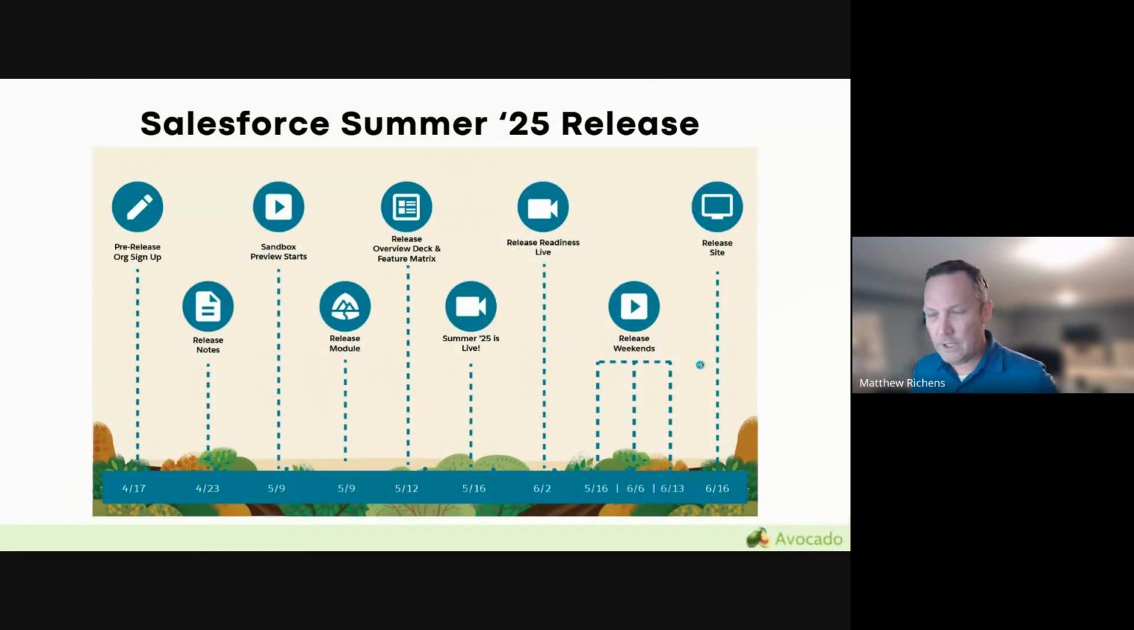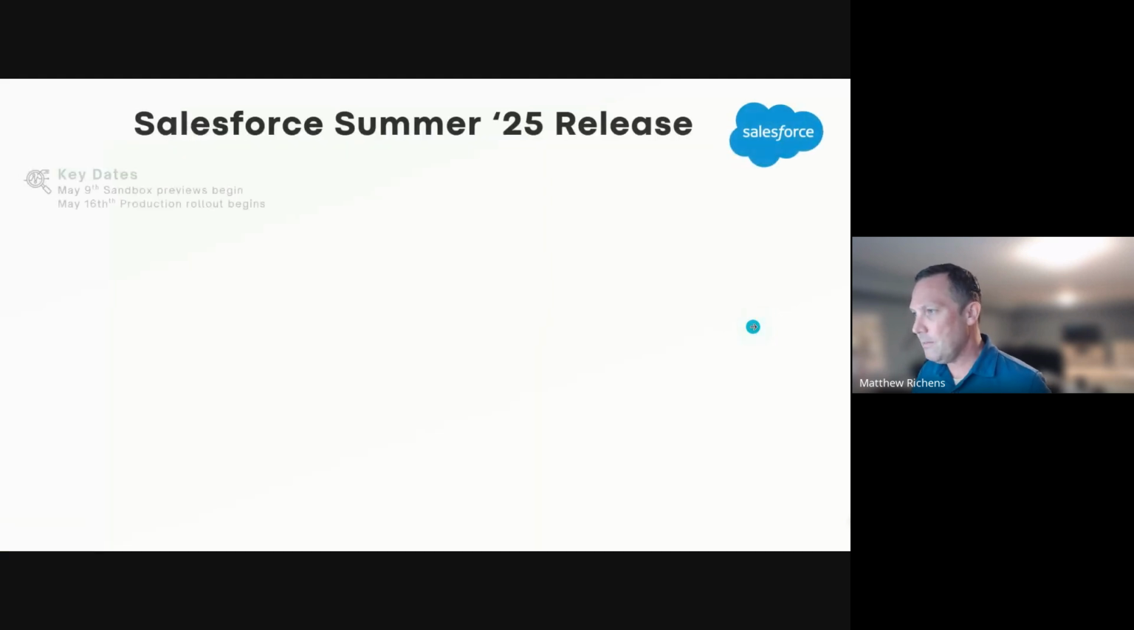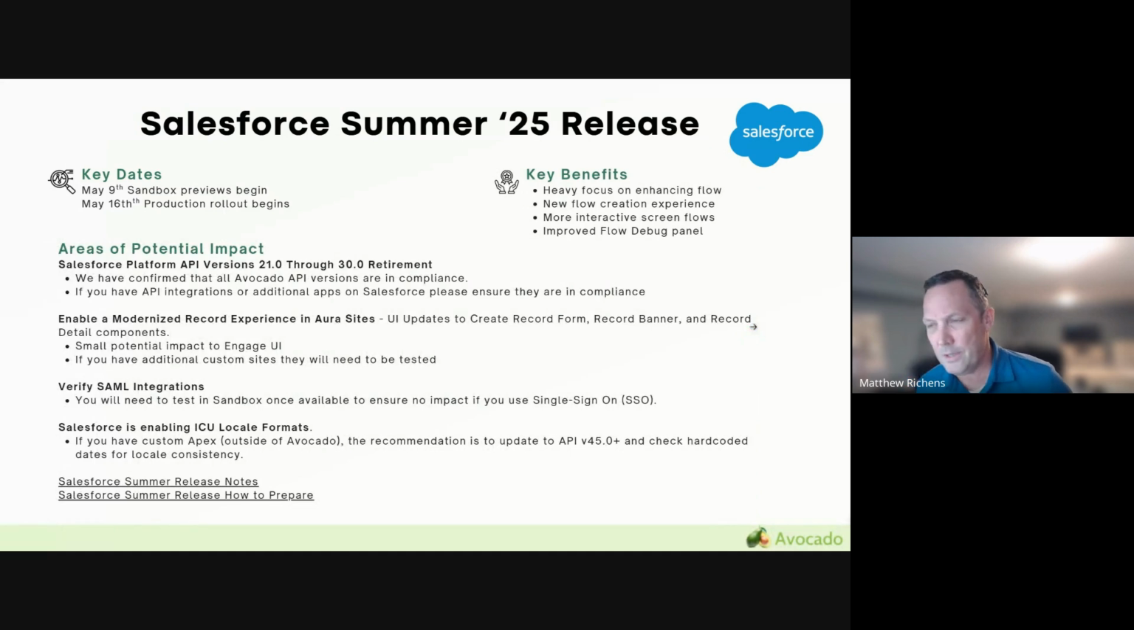In the April user group or release presentation, I believe, we discussed some of the things that were being released in the summer '25 release. This was just the timeline of the release. Everyone should have it by now. And we talked about some of the more technical things that you had to consider,